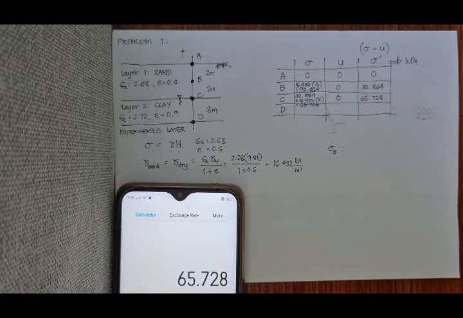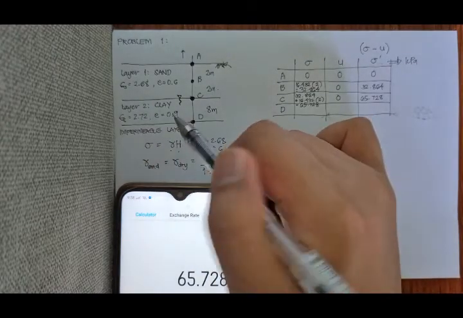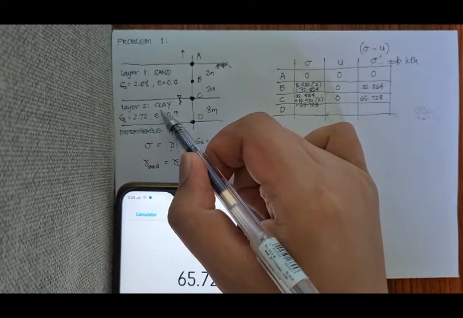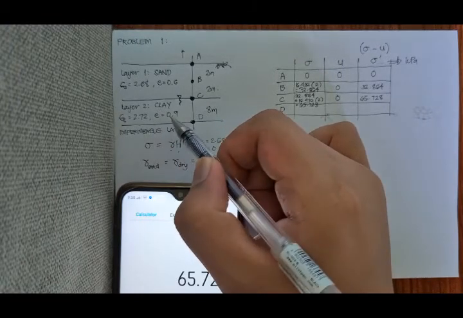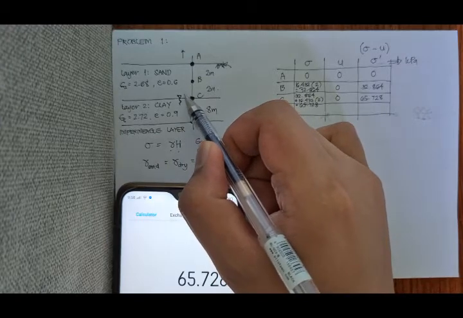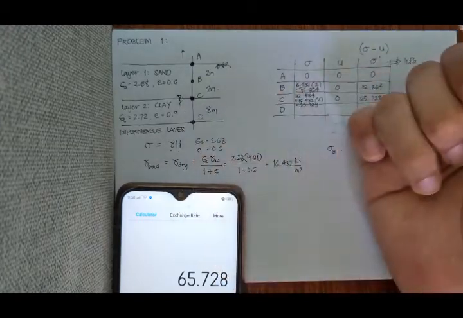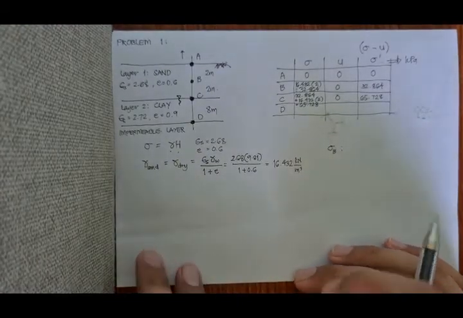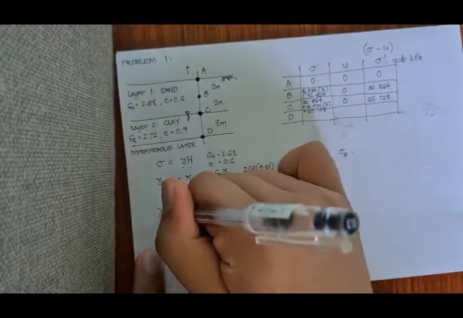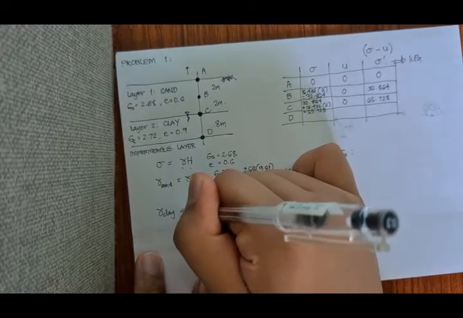Ngayon, kung meron na tayong idea kung ano yung points B and C, pwede na rin natin makuha agad yung point D. Pero, take in consideration na the second layer is clay. At the same time, it is submerged in water. So, therefore, kung kukuha tayo ng unit weight para sa clay, yung unit weight ng clay natin ngayon is,